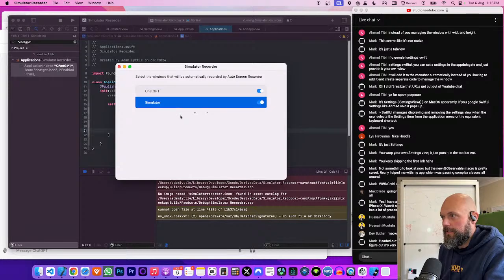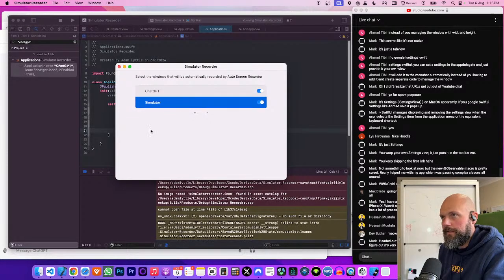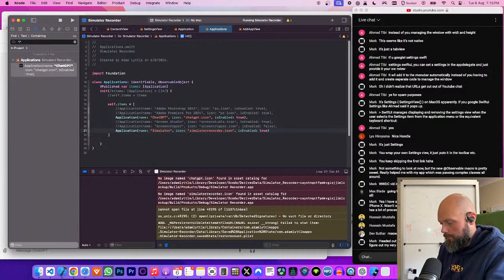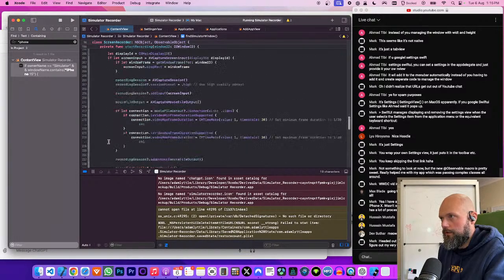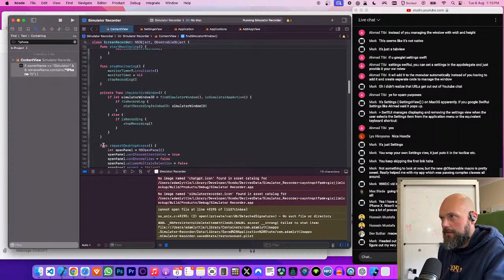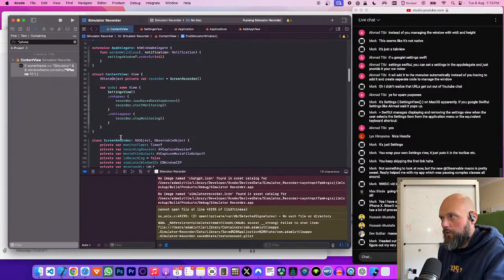We have ChatGPT and Simulator. These are the ones that we want to start recording automatically. At the moment, I am successfully recording Simulator window. And what I want to do is change that so it keeps an eye on all of the windows that we've added. I've added it as a global